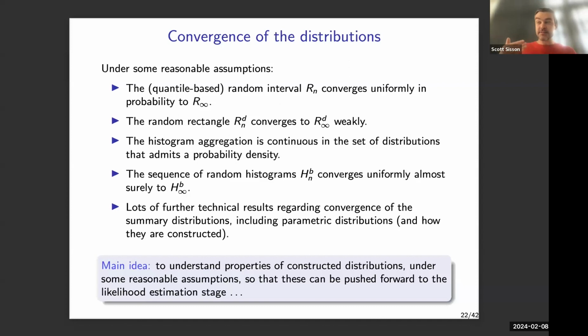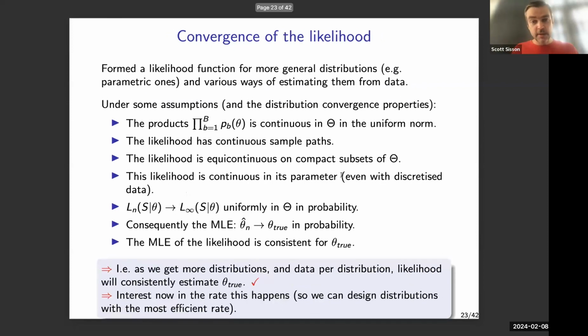We're going to take data that's generated from a model, from which we construct a distribution. We're going to stick that in a likelihood function and then do inference. And we want to know the properties of that final inference that we do. So the second part is that Prof has put together a slightly more general likelihood function than the one I've been talking about so far. It covers the histograms, random rectangles, and the more parametric distributions as well.